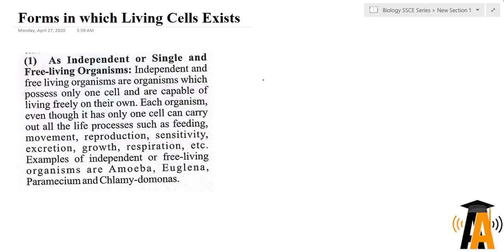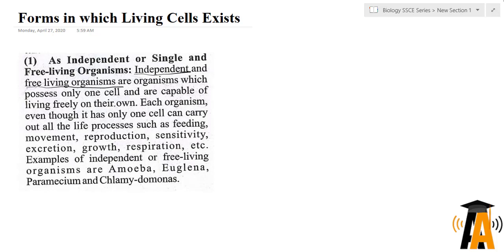Alright, so today we'll be looking at forms in which living things exist. Now the first, as we have on the board, they exist as single and free living organisms. Now, these organisms are independent and free living organisms. Independent and free living organisms are organisms which possess only one cell and are capable of living